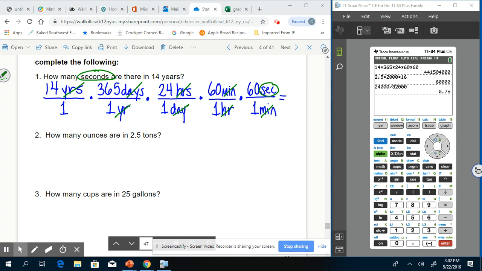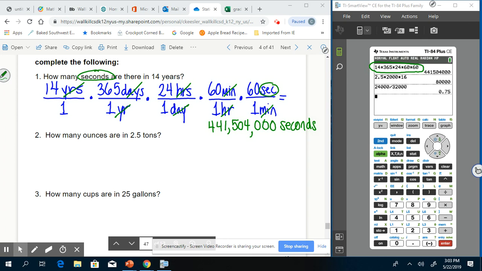So then I go right into my calculator, and you can see I already have the answer typed in there. So from right here, the final answer is 441,504,000 seconds in 14 years. All right, so taking a look at number 2, now we're going to use some actual measurements,